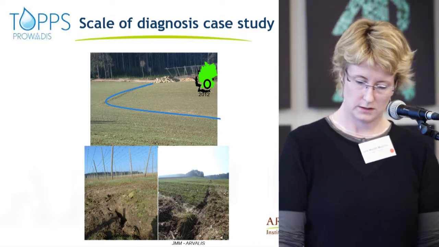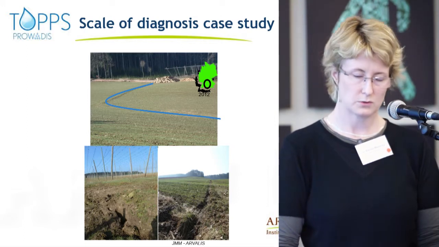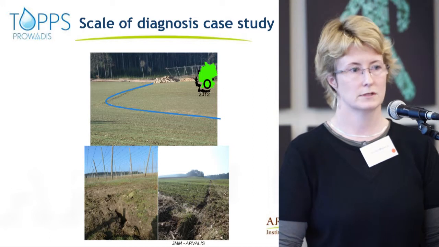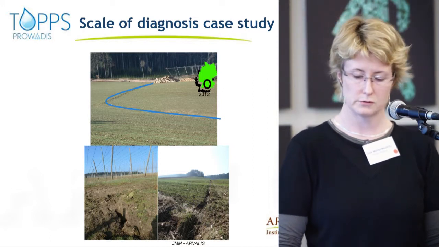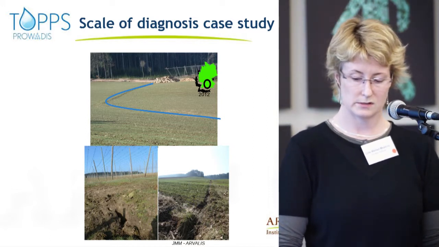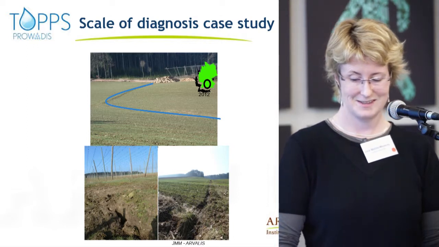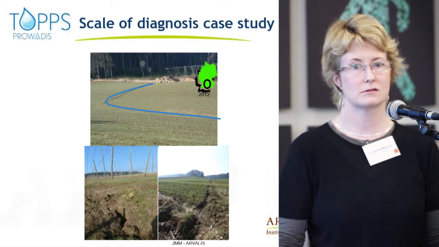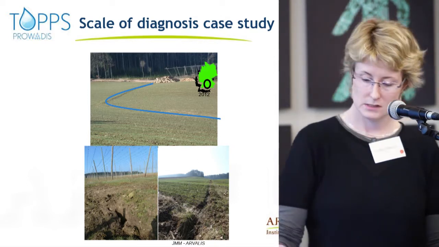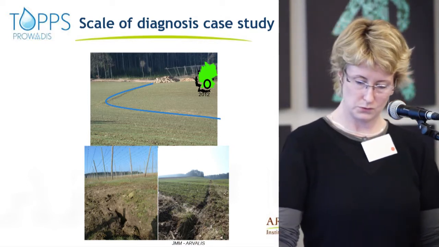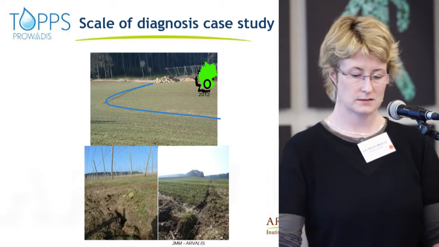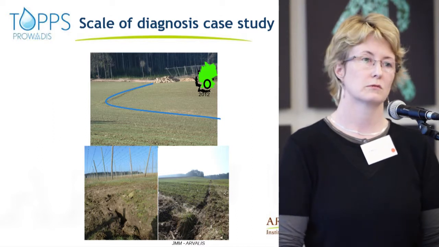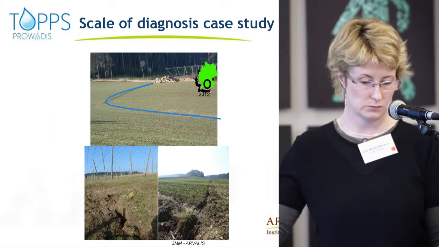But in fact, this concentrated water was coming from uphill, from the field of the Alps, and the water was concentrated on this field, going through a pipe and running on the winter field. So if you stay at the scale of the audited field, you will propose a first solution which would be on this winter field,